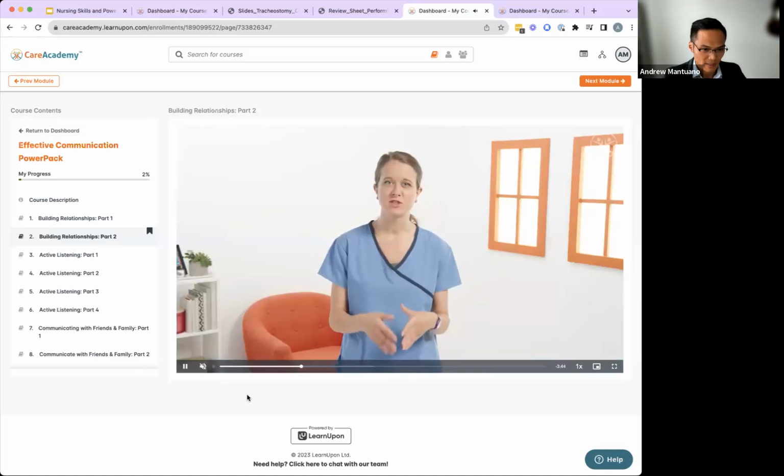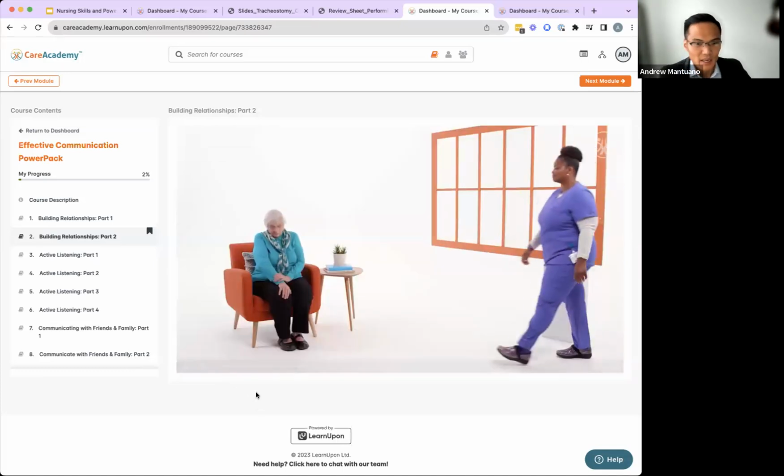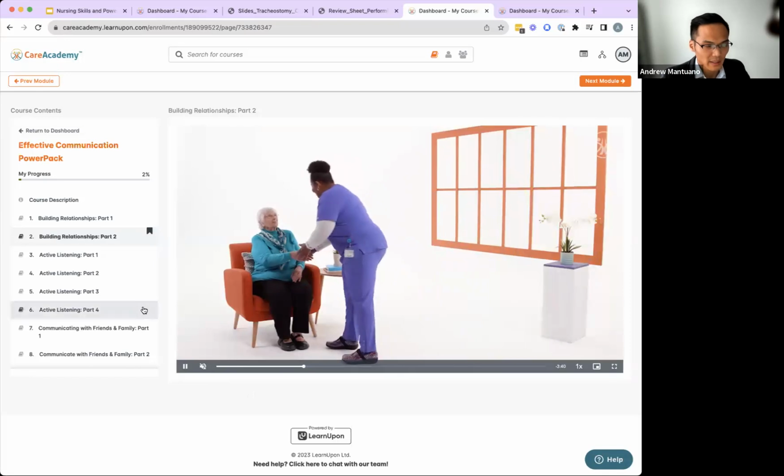The audio is conflicting again with the speaker, but as you can see again on the left side here,